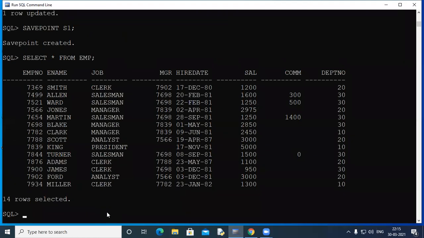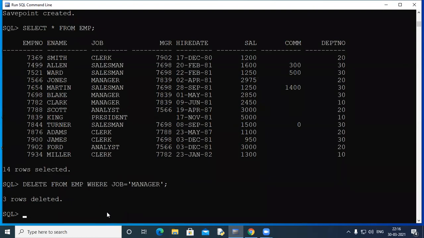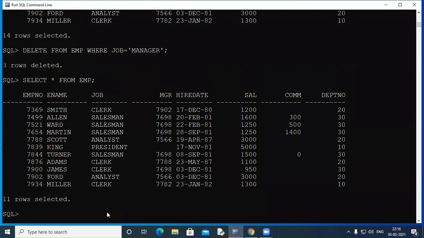Then again, I do some changes. Delete from EMP where job equal to, say, manager. So 3 rows are deleted. You can see now instead of 14, 11 rows are there.